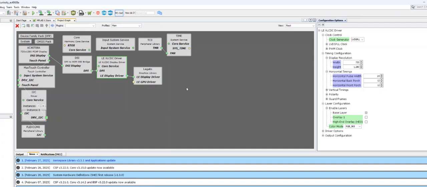So, using a quick start project as your starting point provides you with a working base project that you could start building your user interface. In the plugins tab,